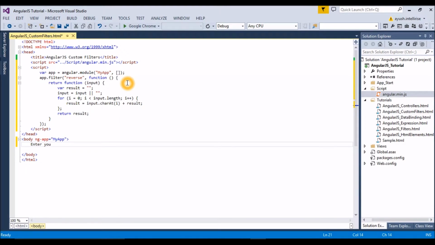The user will write his name in a text box. So for that I will create a text box: input type equals text and ng-model equals string.